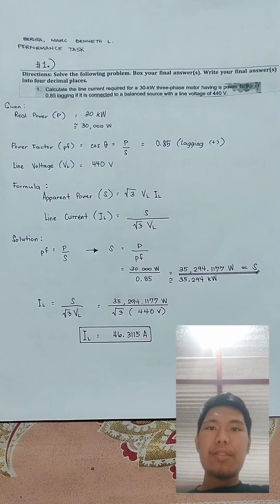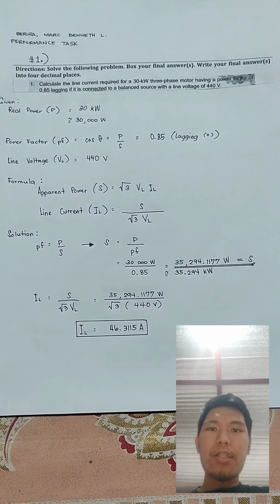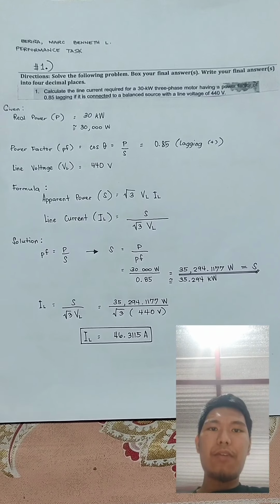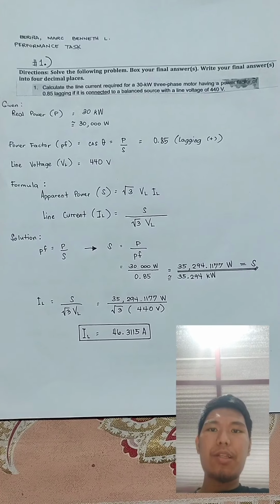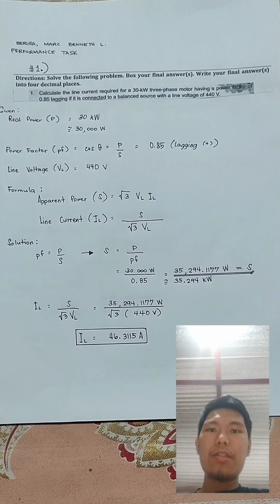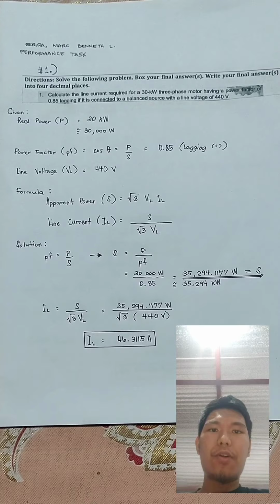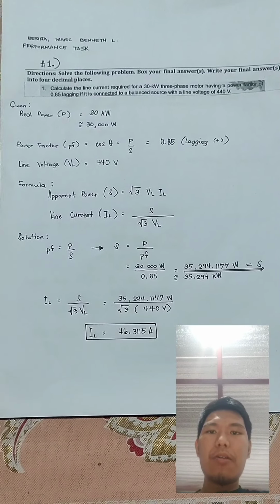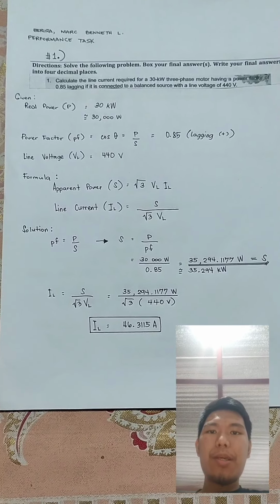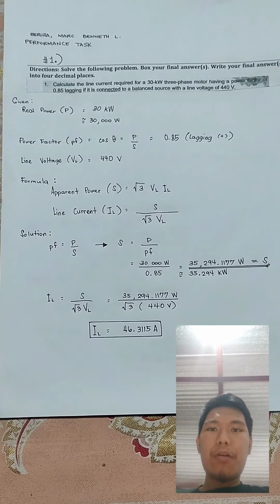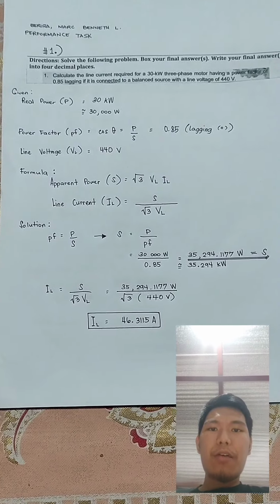For performance task number 1, calculate the line current required for a 30 kW 3-phase motor having a power factor of 0.85 lagging, if it is connected to a balanced source with a line voltage of 440 volts. Our given is real power P equals 30 kilowatts or 30,000 watts,